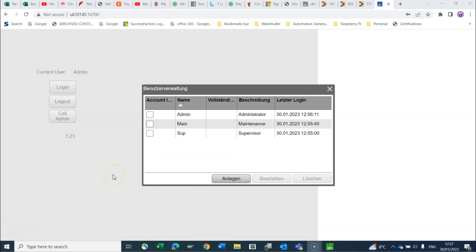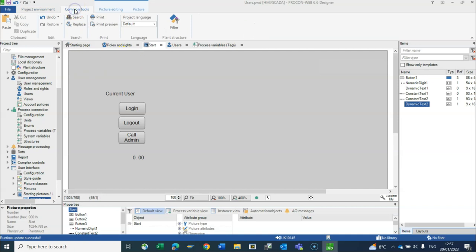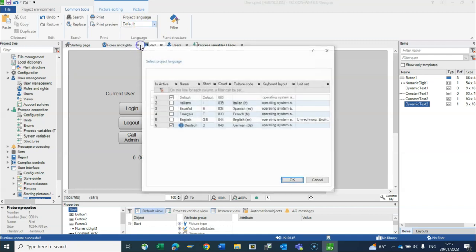It'd be a good idea to go back to the project now and add some more detail. So if I go back to ProconWeb, then I can add some other features. If I want to change the language, I go to Common Tools, the default language is selected, and the other option is German. So if I edit language and add English, and it's probably useful to remember these are international dialing codes, hopefully they're familiar, but they're the way to change the language. So I'm going to add English,